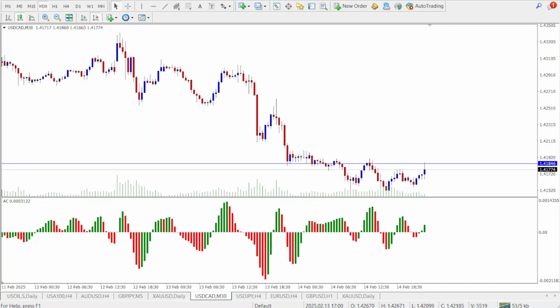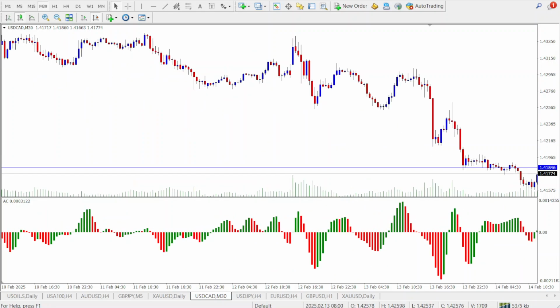When the AC is below the zero line and red, it means that momentum is strong to the downside, suggesting possible bearish continuation. And when the AC is below the zero line but green, it means momentum is weakening, hinting at a potential bullish reversal. A pro tip is that the best signals occur when the AC changes color and crosses the zero line. So when you notice a change in color and the AC crosses the zero line, for example,